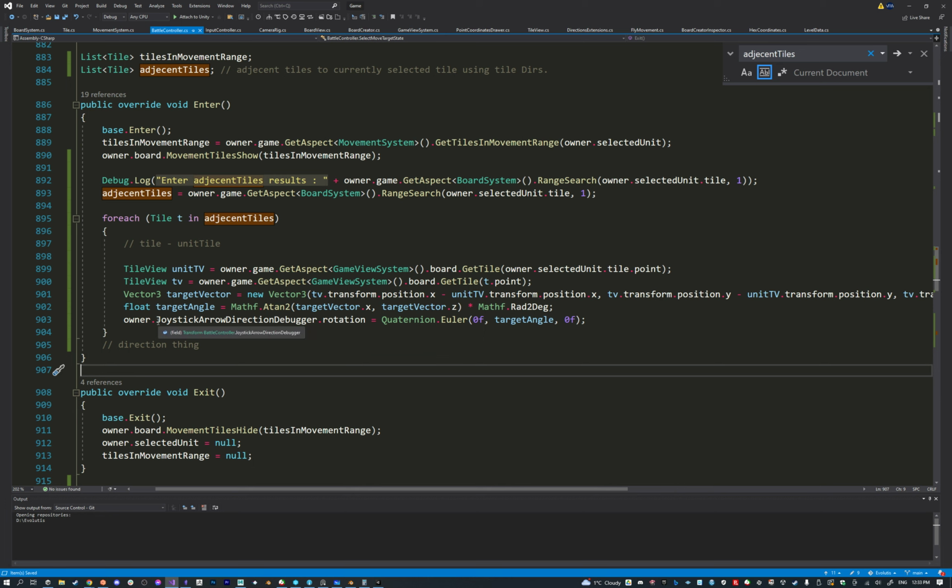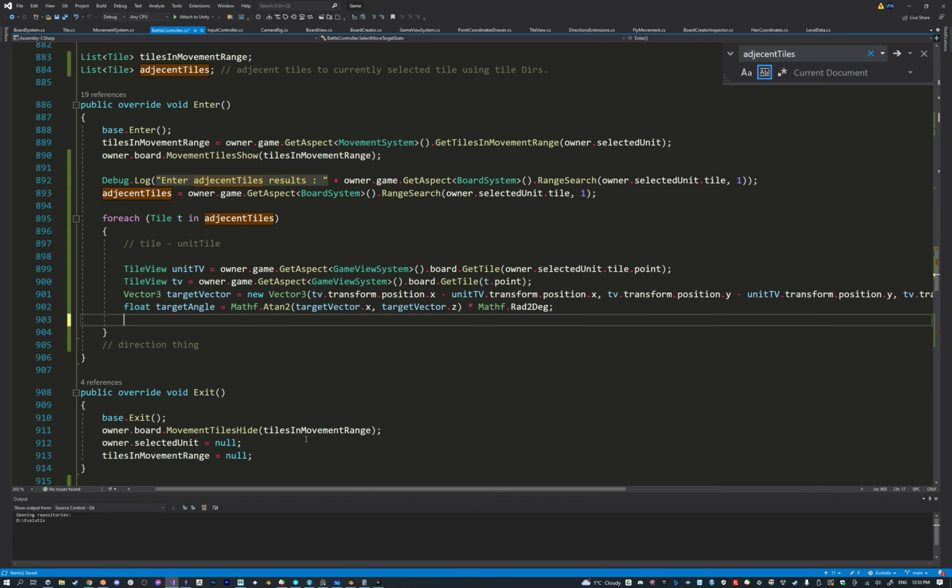And then what I'm going to do is I'm going to take the tile... I don't think I need any of this. I'll quaternion Euler. No, I don't need any of this. Target angle. No. What I'm going to do now is I'm going to put that float value, because I need